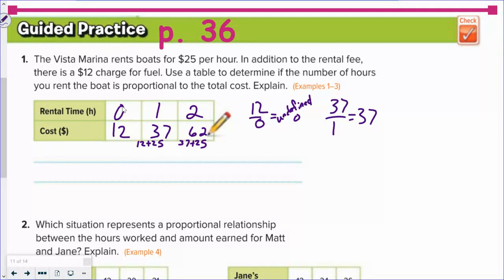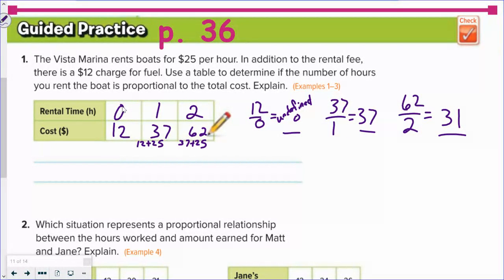Then take our 62 and divide that by 2. 2 goes into 6 3 times, and 2 goes into 2 1 time. So when I look at these, I am not seeing the same number. Yes, they're both in the 30s, but they are not identical. So we would say